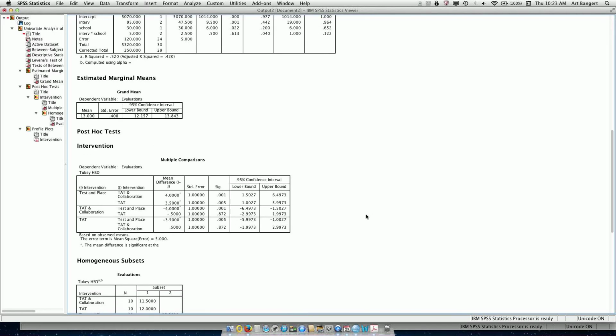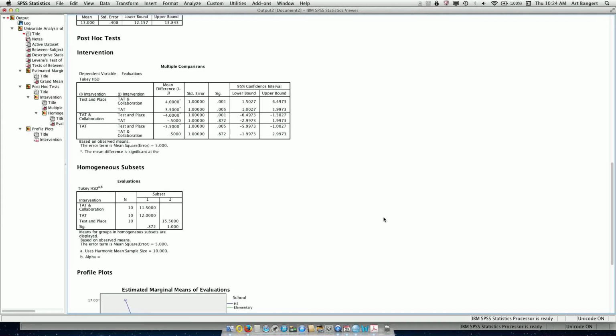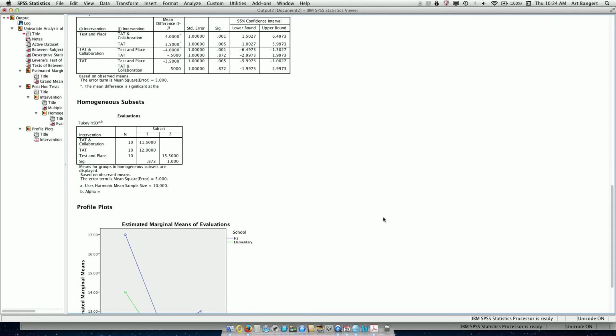Then we can go down to our post-hoc tests, and we can see that TAT and collaboration, when compared to test and place, has a significantly higher number of mean evaluations, as well as test and place has a significantly higher number of mean evaluations when compared to just TAT and collaboration. However, if we compare TAT and collaboration to just TAT, we can see the mean difference is negative 0.5, which is not significant. Then we have our homogeneous subsets, and then our